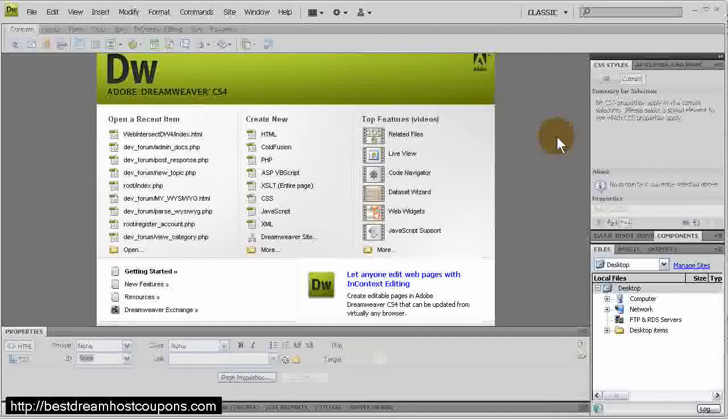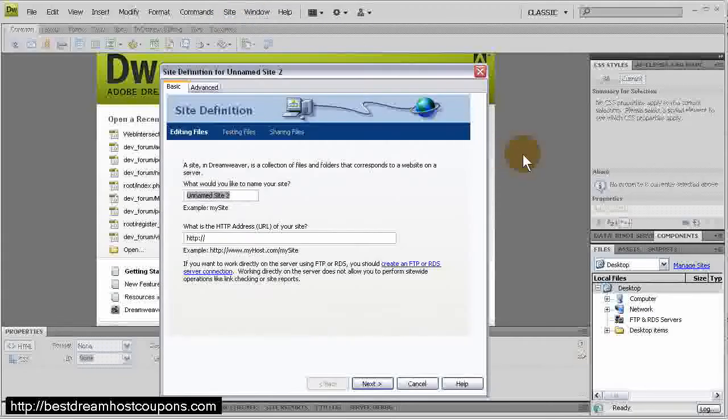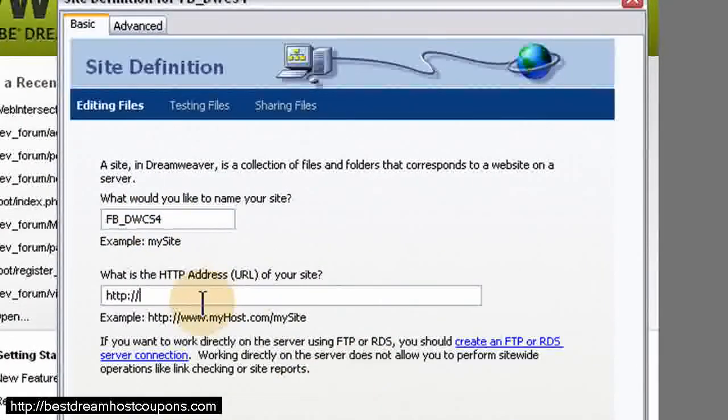We're going to show you how in Dreamweaver CS4 you can connect to your site, connect to your FTP site in Dreamweaver if you haven't done that yet. So we'll click on Site, New Site, and I'm just going to set up a Flash Building website, Dreamweaver CS4. I'm going to call it FB Dreamweaver CS4, DWCS4. So it's Flash Building, Dreamweaver CS4,